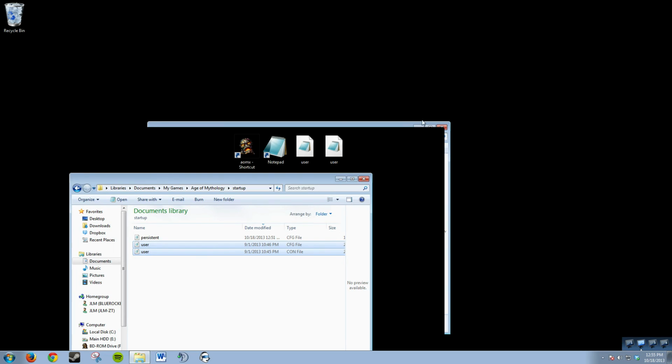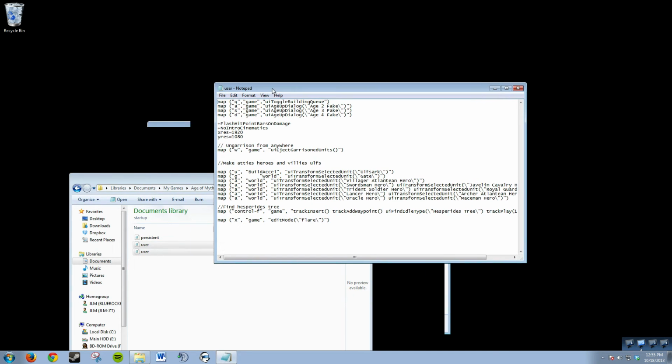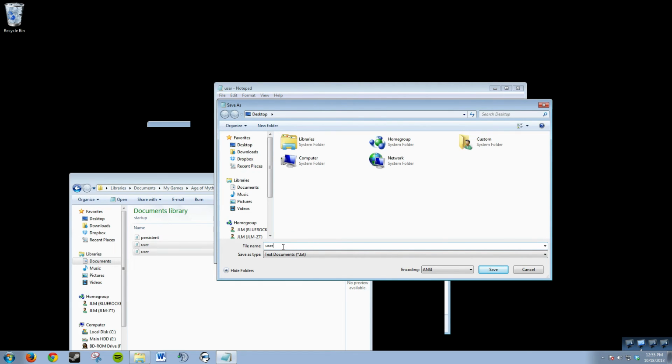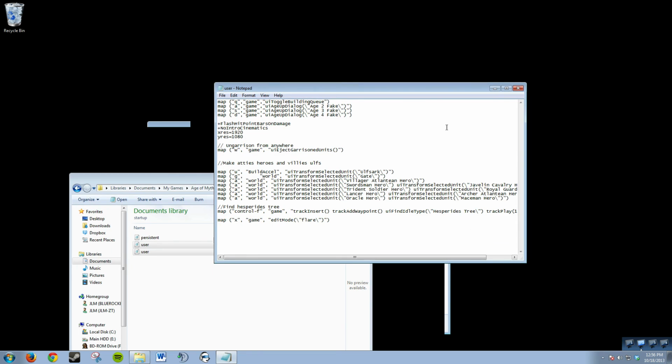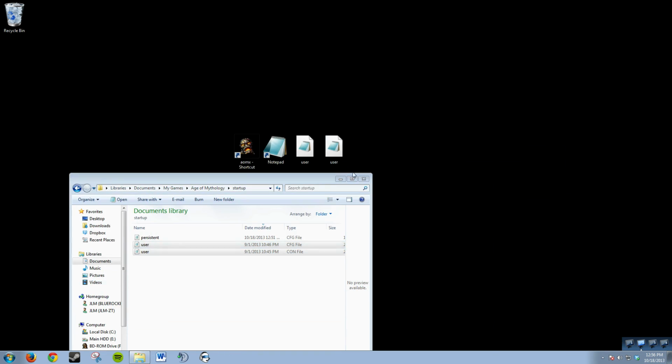For this user file, go to Save As, and make sure that this is saved as user.con. Then make sure that the type is all files. When you save this, it'll give it the extension of con. So you have to save this file as user.con, and then you save the same file again as user.cfg. See, on my desktop I have a user.con and user.cfg. Once you have those saved on your desktop like I do, you can take them both and paste them into this folder,